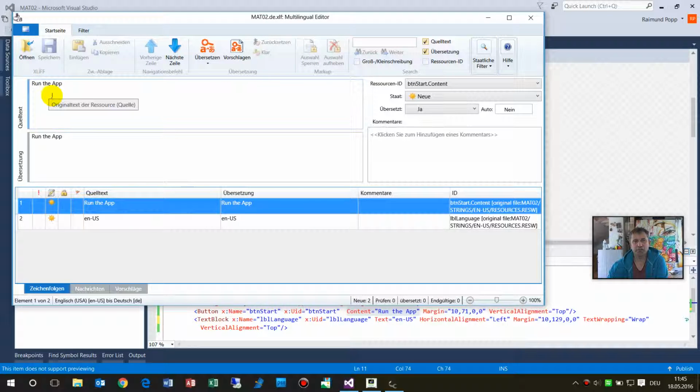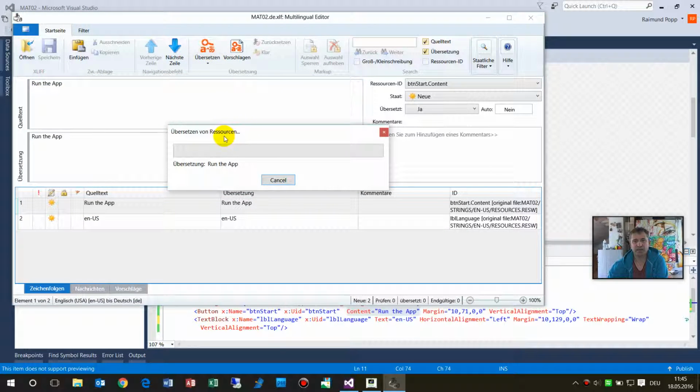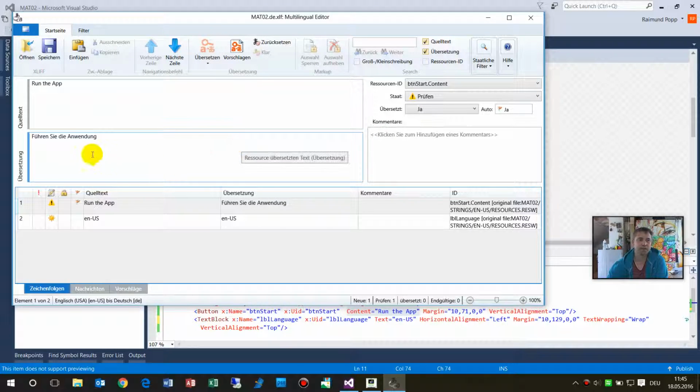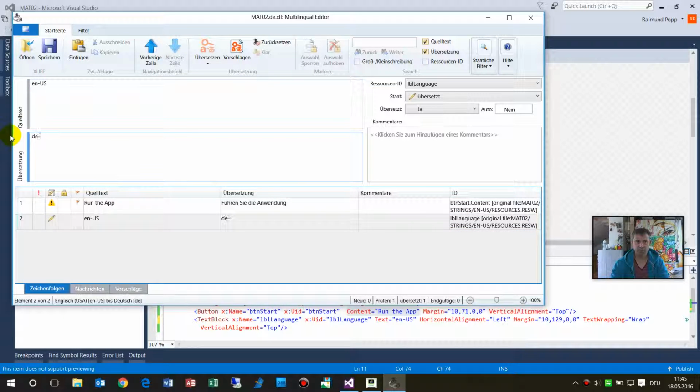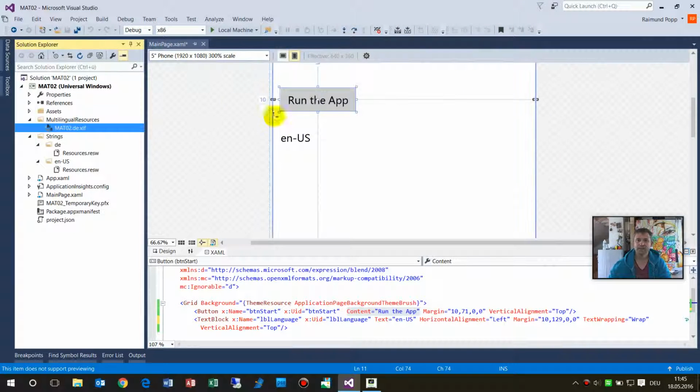that's the original stuff, and I may translate it automatically. So run the app is translated to führen Sie die Anwendung. That's not okay, but let's leave it there, okay? And the EN should be DE, okay? So I'm saving this stuff. And now when I run it again,